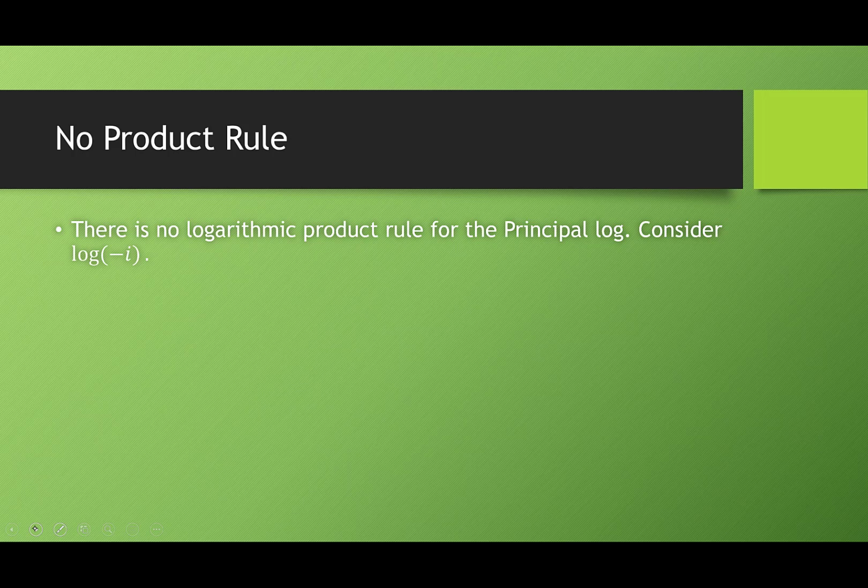Okay. So if you remember from the last video when we defined exponential functions and trig functions, a lot of the properties that we had back in calculus or pre-calculus extended pretty nicely. And we got some new ones, right? Like the exponential function is periodic. With the logarithm functions, it's actually a lot more complicated. In fact, we don't have the nice product rule that we had back in pre-calculus. Remember, the product rule said if you had log of, let's say, m times n, then this is equal to log of m plus log of n. Unfortunately, this product rule doesn't exist for the principal log.